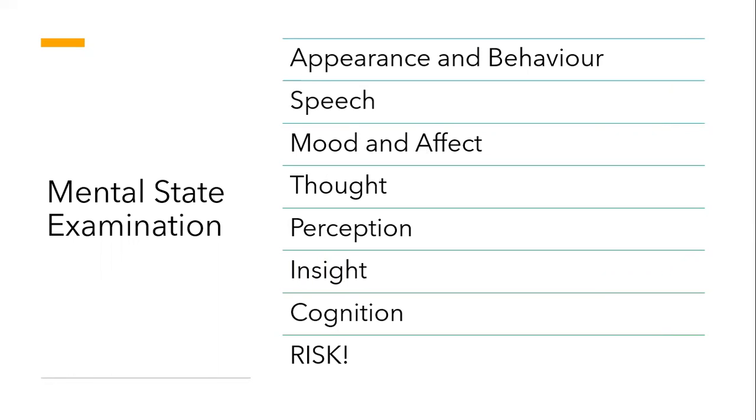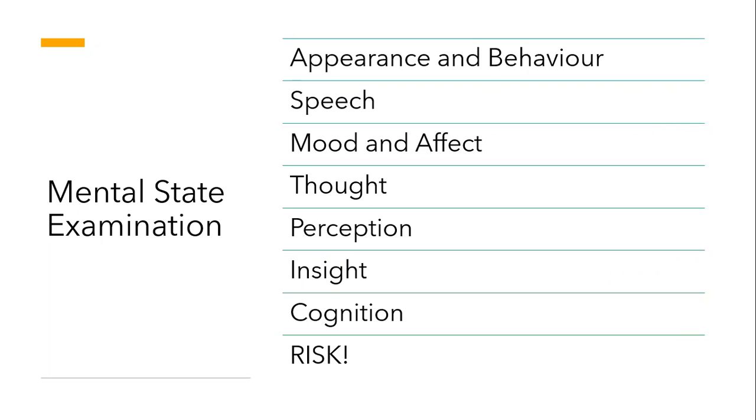And then we talked about cognition. So cognition is generally assessed grossly. We sort of assess whether the patient can pay attention to what you're saying, whether they're able to concentrate on the things you're saying. However, you can test this more formally by doing a 30-point mini mental state examination or a 10-point abbreviated mental test score. So that's the 30-point MMSE or the 10-point AMTS, which you can easily find online. And these are both screens for cognitive impairment and dementia, but they do have uses in other situations as well.